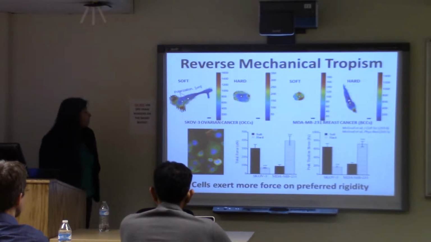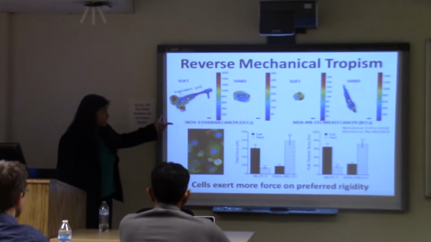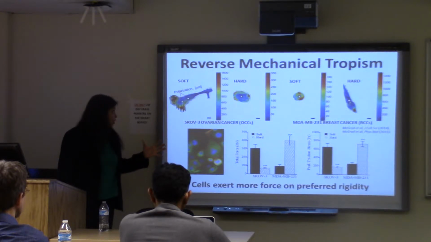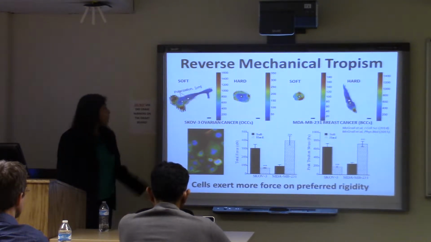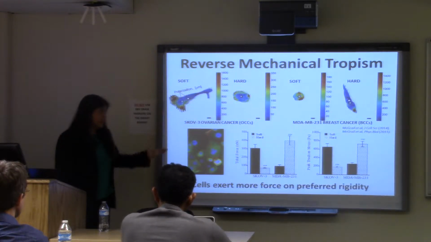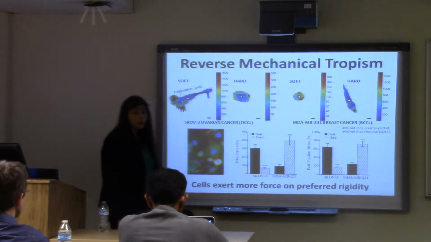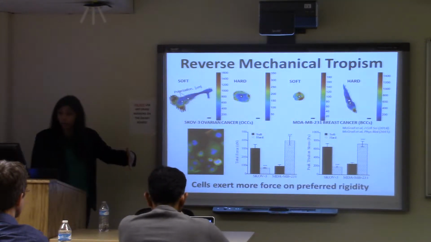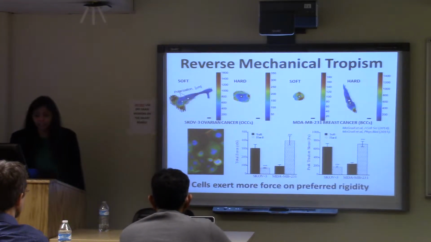And we had a very lucky result, and that was that we saw that the ovarian cancer cells, which metastasize to the softer tissues, exert higher traction forces on softer environments. And those traction forces are also more polarized. And as others have shown, the breast cancer cells express higher traction forces on hard surfaces, and again, they're more polarized. And we measured these things for hundreds of individual cells,